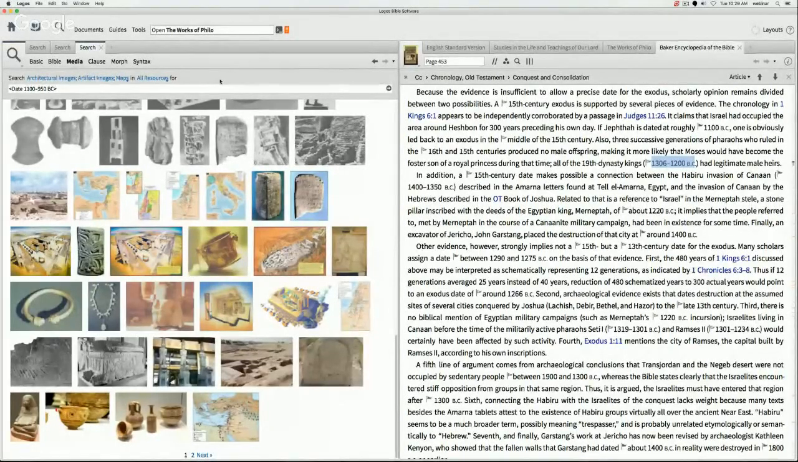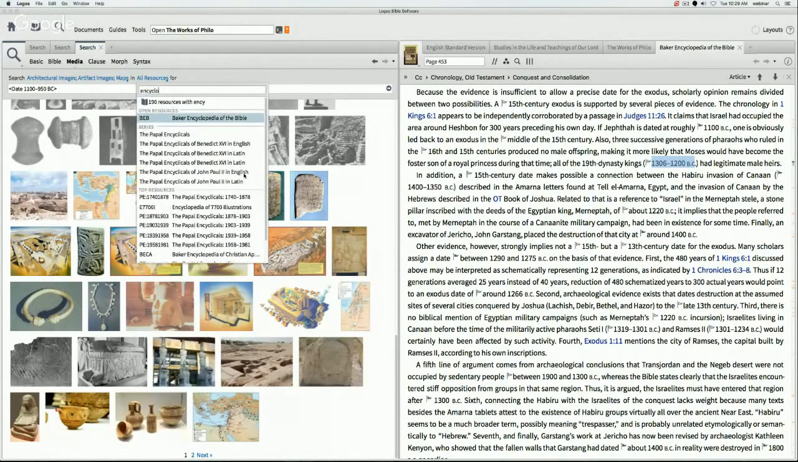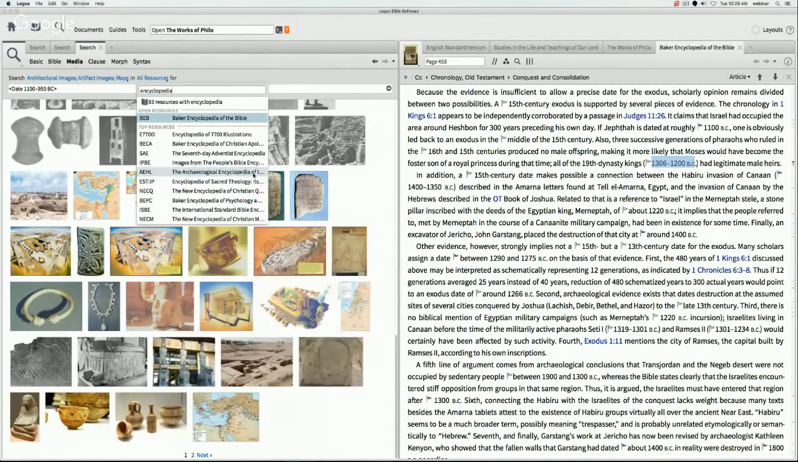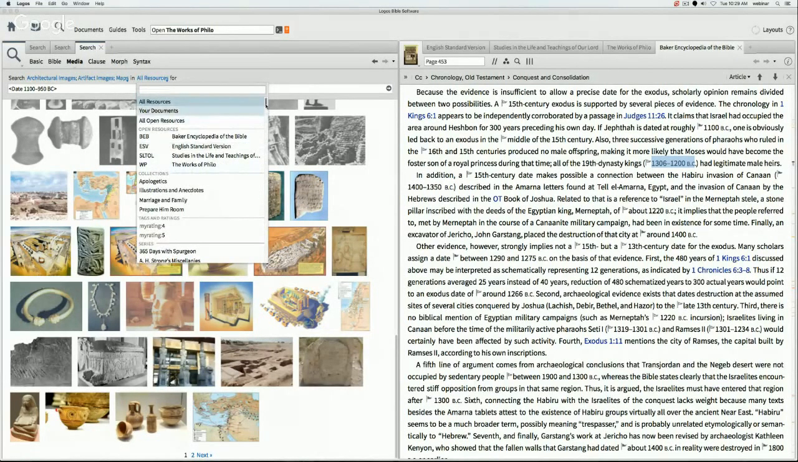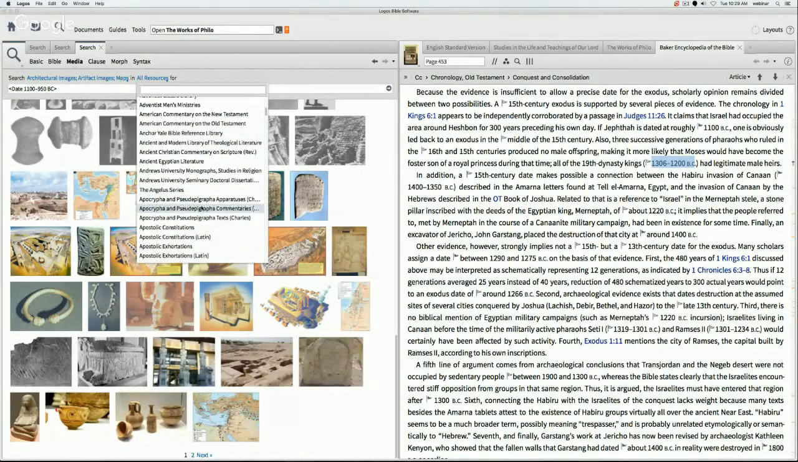And let's say that we don't necessarily want to search in all of our resources for this, but we want to narrow down just perhaps our Bible encyclopedias. Let's type in the word encyclopedia. Now, notice here that even before you type it in, you have a lot of different options to filter your library. We've got these